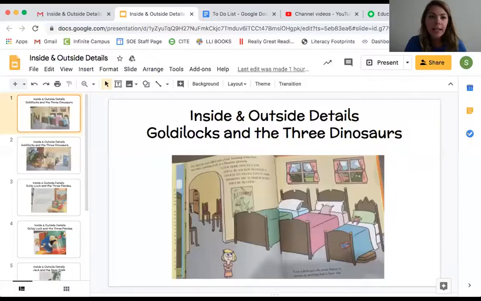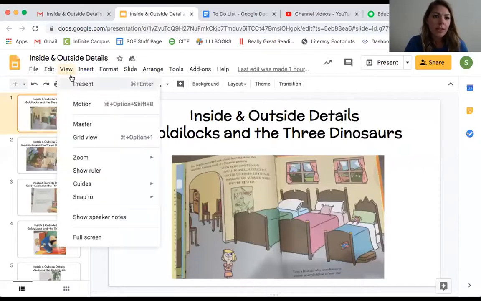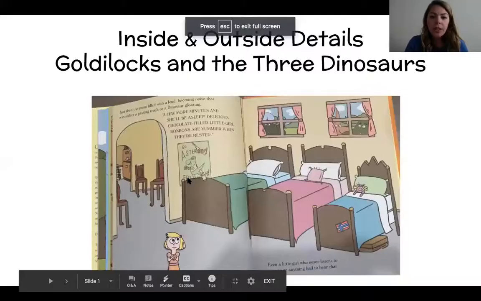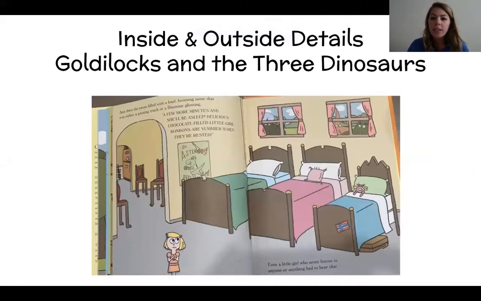I want to share with you another thing about inside and outside details. I'm going to show you a couple of different stories here where the illustrator and the author have worked together to create different settings for these stories. Alrighty, so here's the first one. Inside and outside details. This is Goldilocks, just like we were looking at before, and this is the one that I showed you.